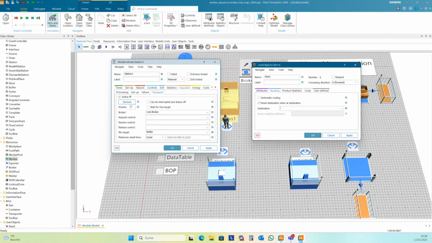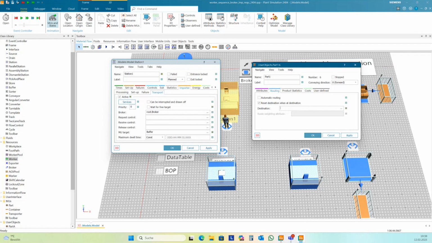How would you make a station that needs to be processed by two different operators or has two different operations, each one with its own process time? Oh, we have already done this in one of our webinars. We have a site in the forum where all the webinars are available, and we had already this webinar.